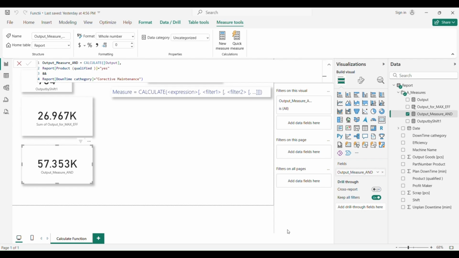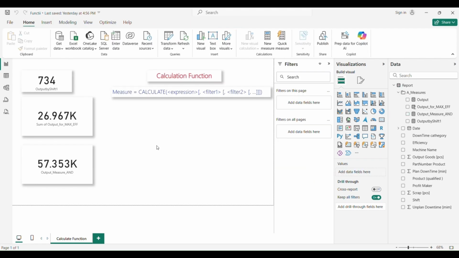And now we can also discuss the OR function. The OR function is a little bit different, and it is not like the AND function where you have to have all the filters true. With OR, it is enough that you have one filter true, and if the other one is untrue, you will get the result of the true filter.